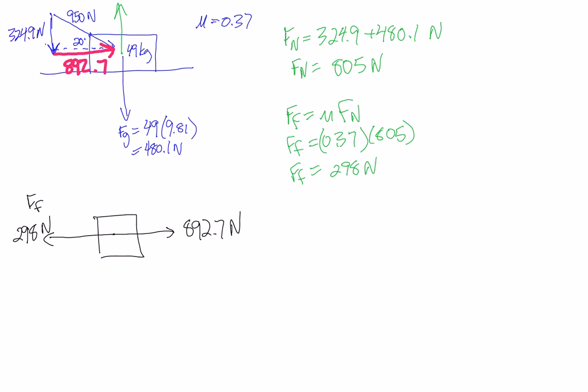So we just have those two forces applied: the horizontal force, which we can call our applied force in the x direction, and our friction of 298. Our net force will be those two subtracted: 892 plus negative 298. That gives us a net force of